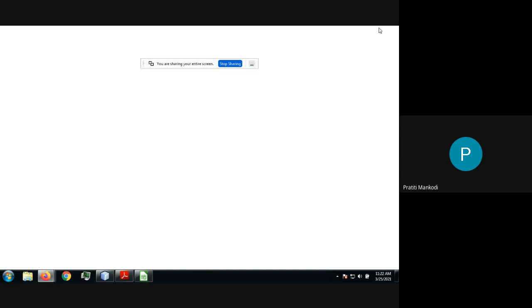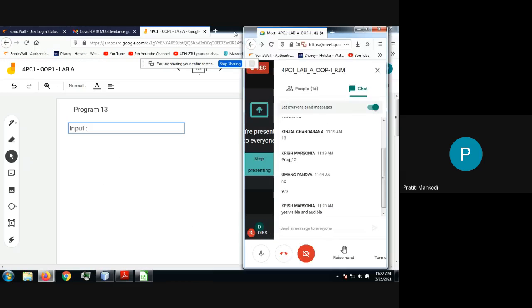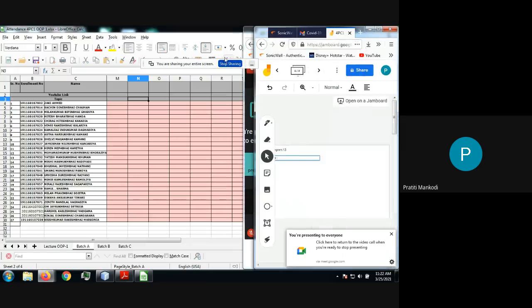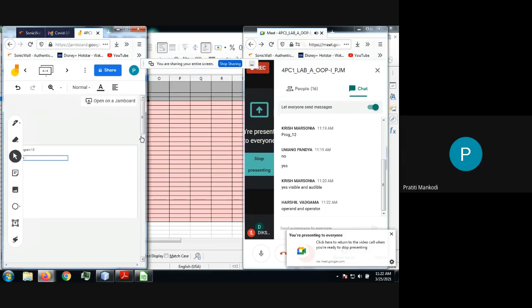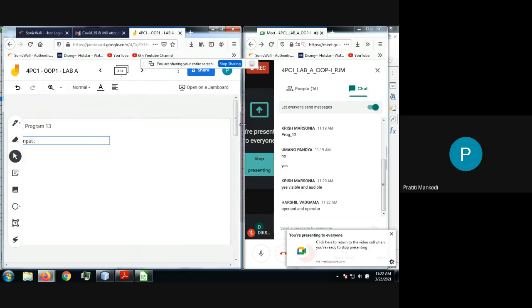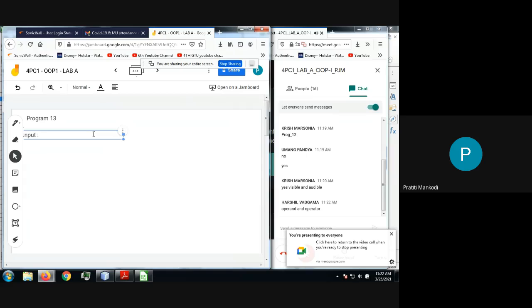What will be the input? Operand or operator, right? We will have input as an expression, or rather an arithmetic expression, correct?